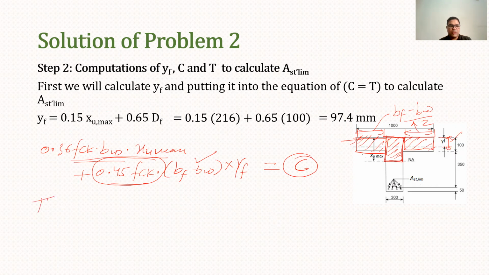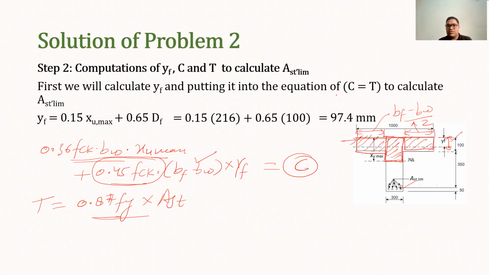Similarly, we will find out the tensile force. The tensile force is basically the force borne by the reinforcement only. As we know, force is stress into area. The permissible stress or the yield stress in the steel is 0.87 Fy. That becomes the stress, and now stress is multiplied by the area of the material which is taking the tension. Here the material is steel, so we will multiply by AST. That becomes the tension force.